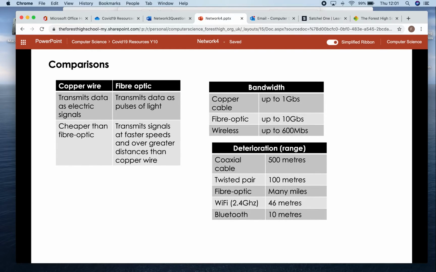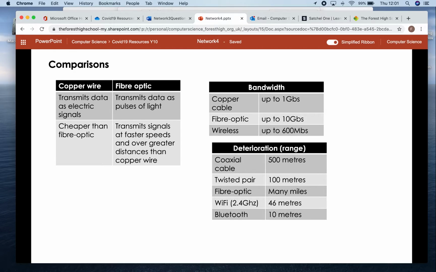If you've got a fibre optic cable, however, then you get speeds of up to 10 gigabits per second, which is absolutely amazing. So if you think about how far you can transmit signals and the speed you can get, the bandwidth you can get, then it looks like fibre optic cable is going to be the thing of the future. But there is something that sort of drags fibre optic down, and that's generally the cost of installation of